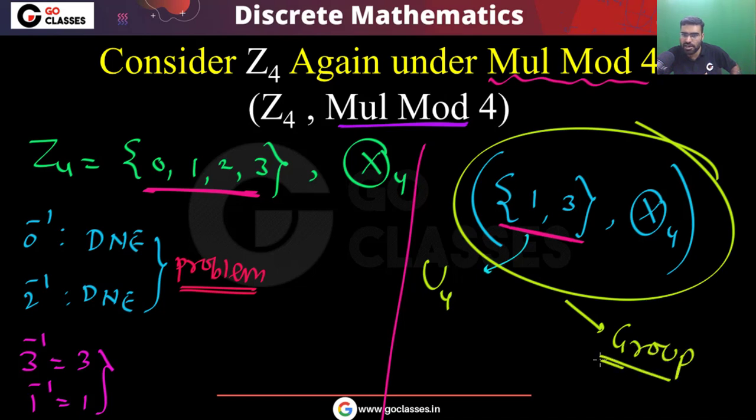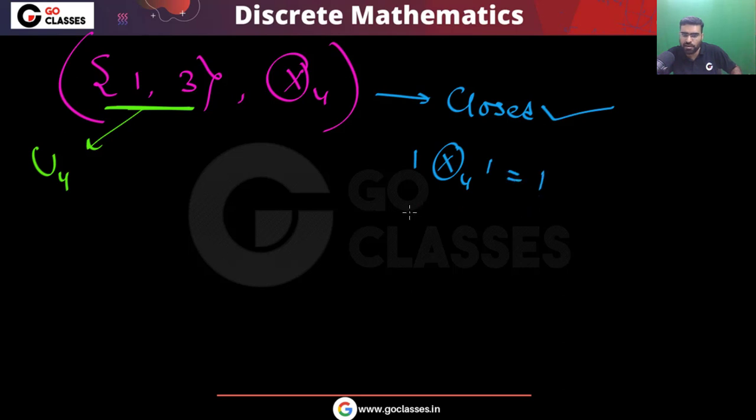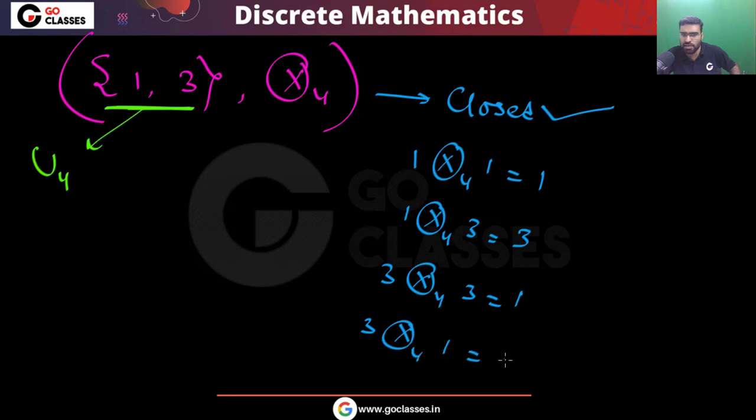So let's analyze this structure, which we are calling U4. Now you can see this structure is closed. The closure property is satisfied. Why? 1 multiplication modulo 4 1 will be 1. Similarly 1 multiplication modulo 4 3 will be 3. Similarly 3 multiplication modulo 4 with 3 will be 1, and 3 multiplication modulo 4 1 will be 3. So you can easily notice that this structure is closed, and it also satisfies the associative property,